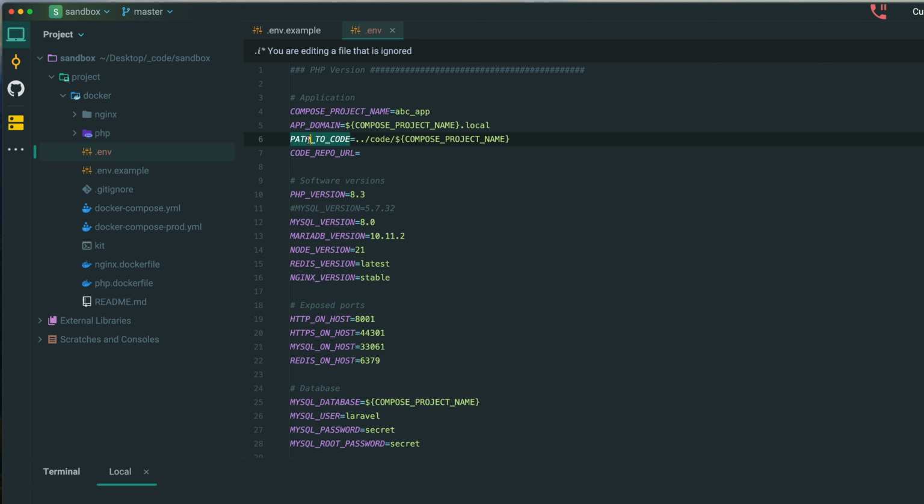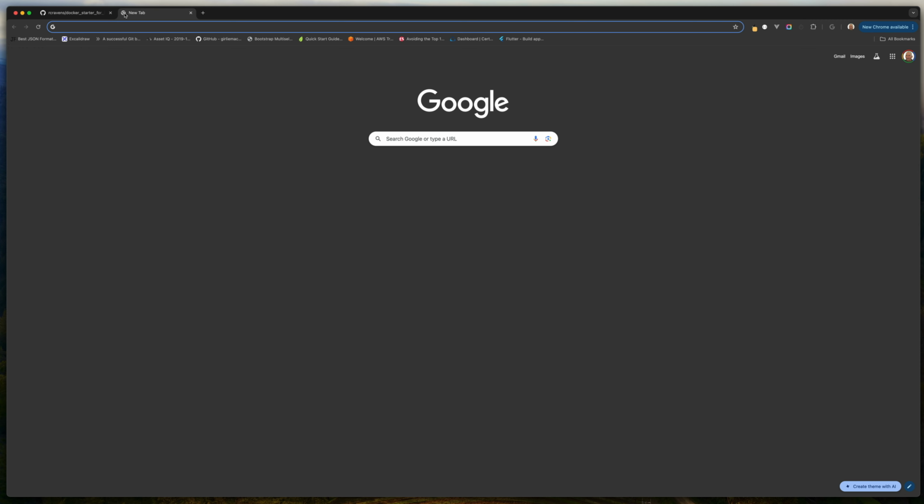This is the path to the code. This is a change from the last time. So if you're using this kit already, when you update, you may have to move your code manually into a subdirectory under code. And I'll show you where that lands in a second. And here's the repo. So when I call kit create, this is where it's going to go and pull from. If you don't specify a repo here, it's going to pull from the Laravel GitHub. So as an example, if I look up Laravel,